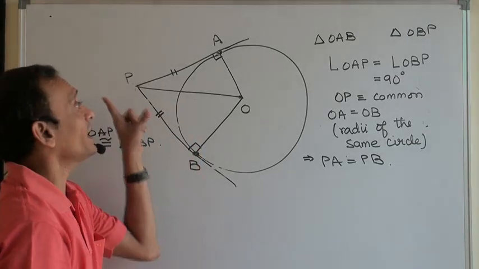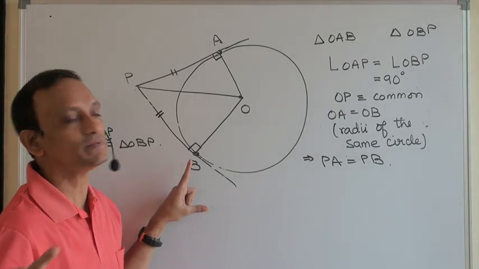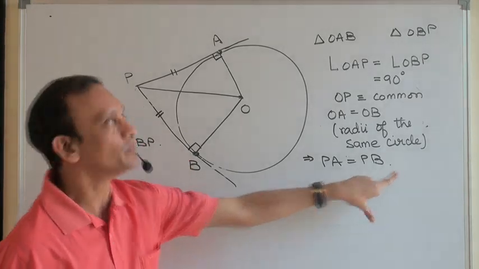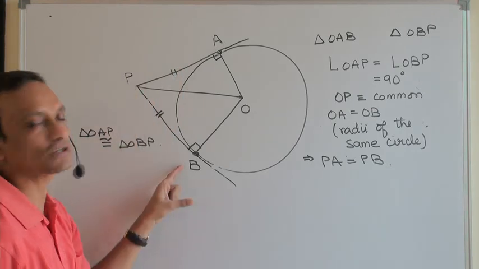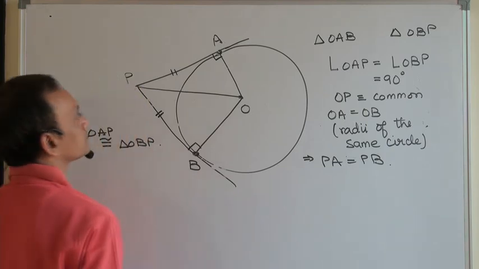That means the lengths of the two tangents drawn from an external point to a circle must necessarily be equal. So, PA equals PB. The length of the tangents drawn from an external point to a circle must be equal. That's one conclusion. Second,